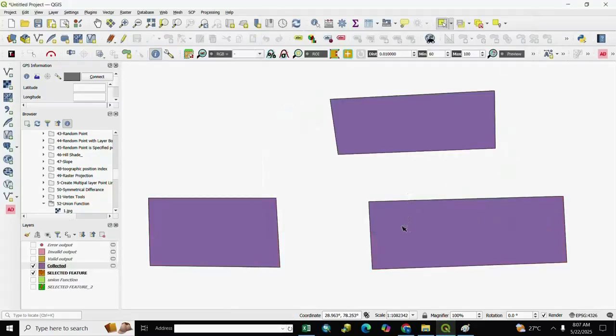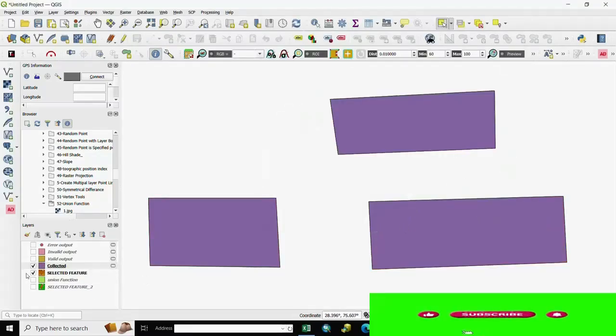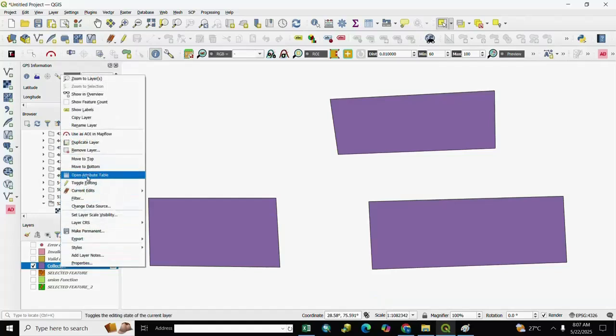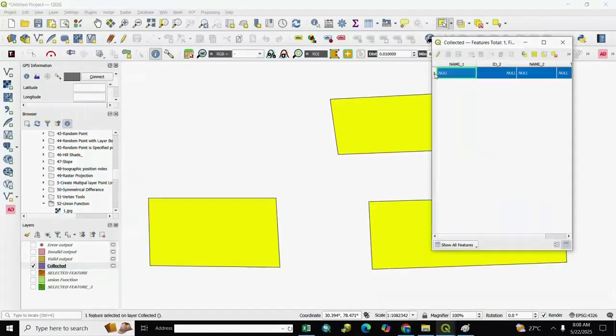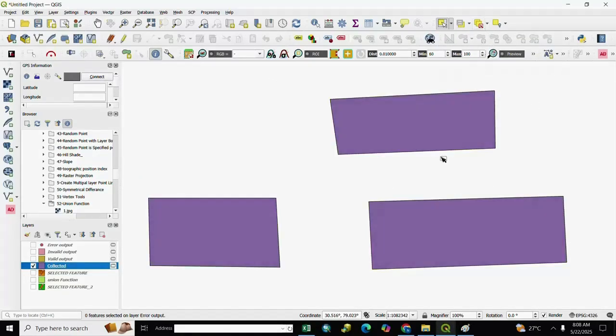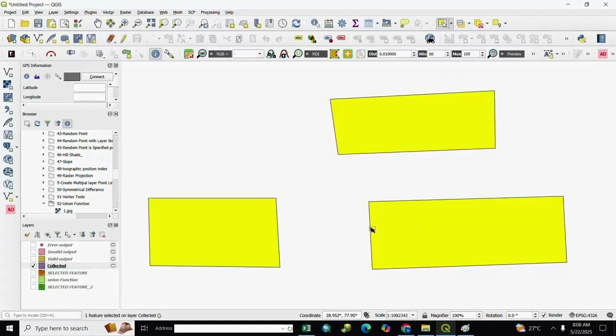You see here the output of collect geometries. Here is the result, the collected feature, and we right click and open attribute table. You see here only one layer, and when you select one, you select all features. You unselect it and you select it.